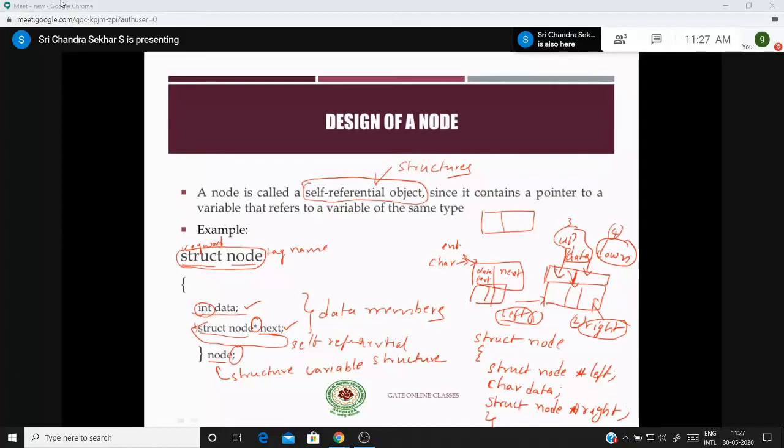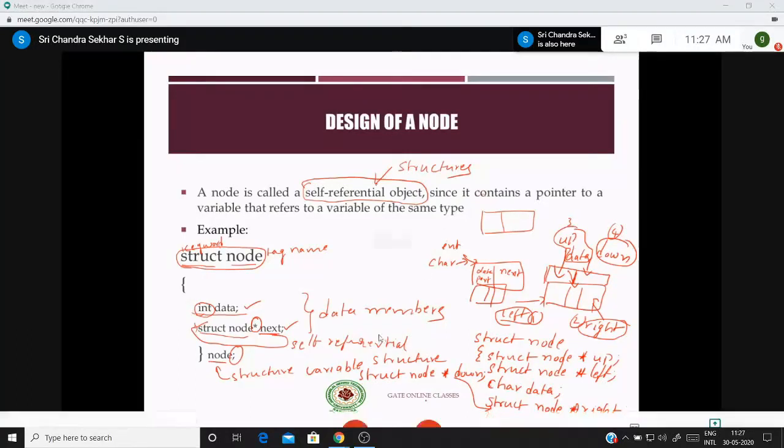They are again pointing to the same structure, so you make it struct node star up. Similarly, there is another pointer, struct node star down. We add it as an element like this. This is how we declare nodes. If you want two parts, the structure should have two data members. If you want three parts, the structure should have three elements. Accordingly, you have to design your node.